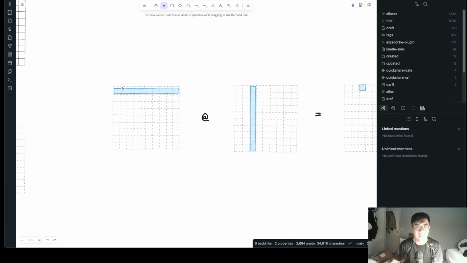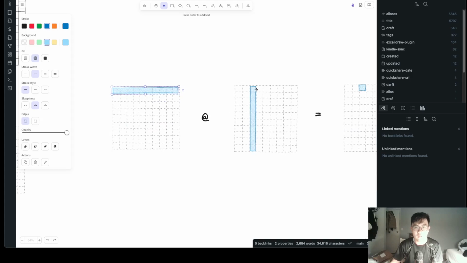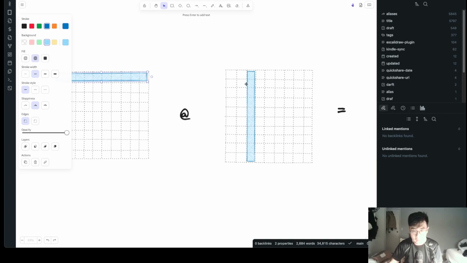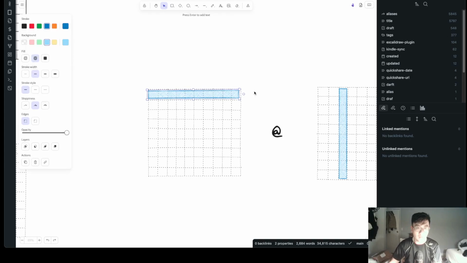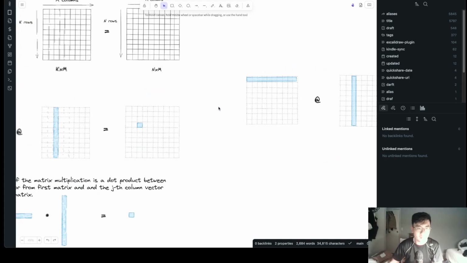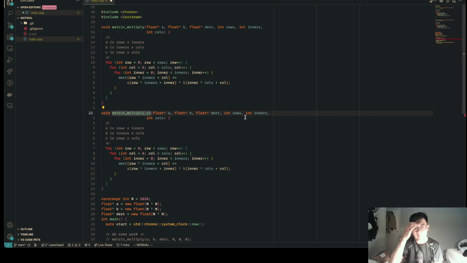And dot product is essentially just multiplying the first element of the vector with this first element. The length of these two vectors must be the same. That is why when we matrix multiply, it needs to be n by k multiplied by k by m, right? The number of rows, which determines the height of this column, should be equal to the width of this row, which in the first matrix, it's n by k, because k is how many columns, and how many columns determines the width of this vector. All right, all this to say that we have matrix multiplication,